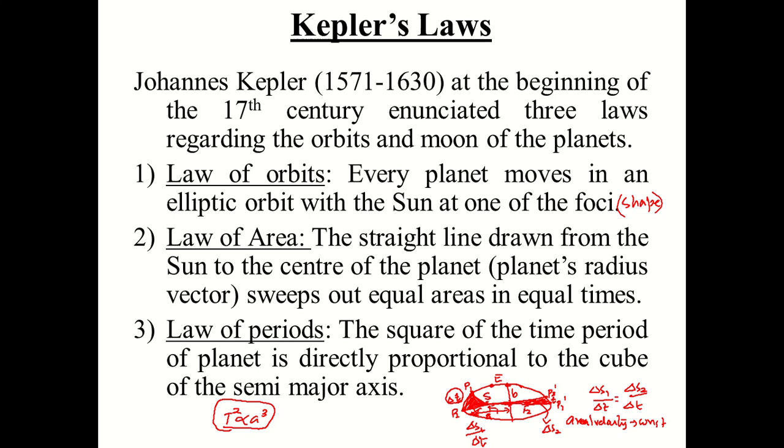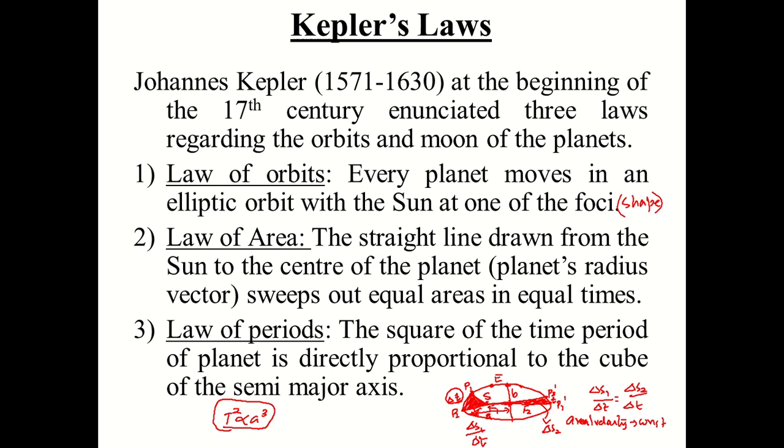The second law, which is called the law of areas, says that the areal velocity is a constant, so it represents the speed of the planet around the orbit at different positions. The statement is like this: the straight line drawn from the sun to the center of the planet, or the planet's radius vector, sweeps out equal areas in equal intervals of time. And the third one is